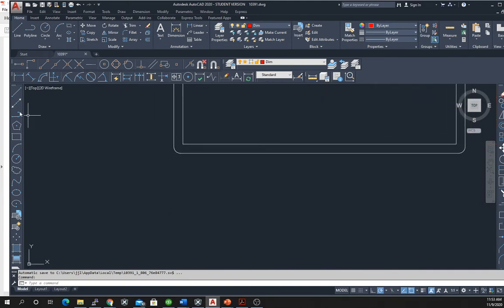Because when we dimension over here, what we would have to do is dimension like that, and we're crossing the drawing. So it's a little bit cleaner